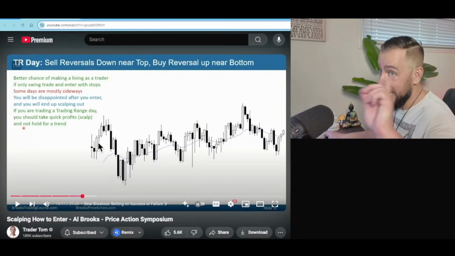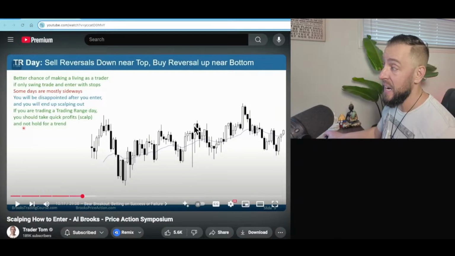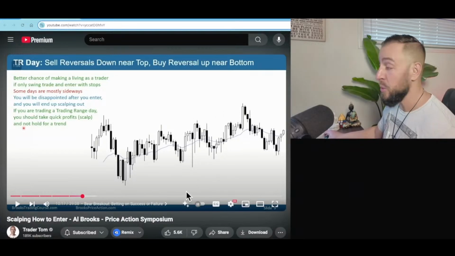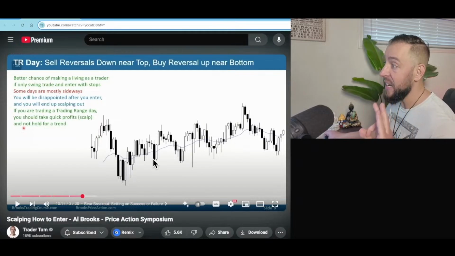Now, technically, and this is where things get a little tricky. Look at the high here and look at the high here and look at the high here. You're actually technically getting higher highs. Look, higher highs. This high is higher than this high. This high is higher than this high. So we got higher highs. What else do we have? We've got higher lows because the low is here. Now it's here. And this low is higher than this low. And then look at this low. This low is higher than this low. Okay, so we've got higher highs and we've got higher lows. That's technically a bull trend, but he is calling this a trading range.